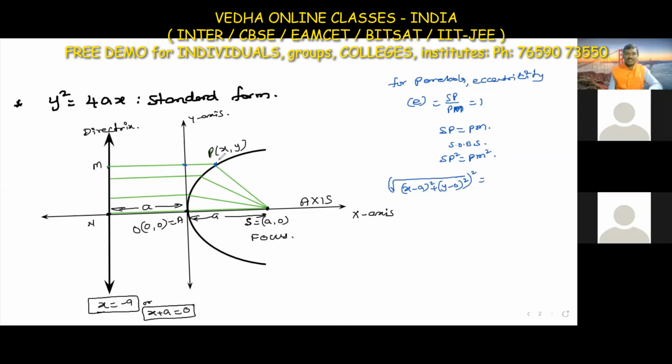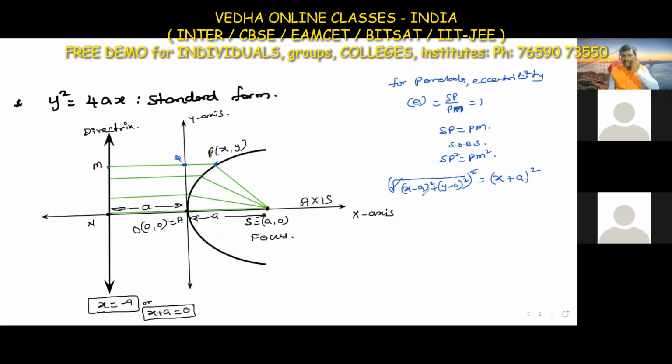And for the distance PM, up to the y axis this represents the x coordinate, that is x, and from this point to the point M the distance is a units. Already we discussed this distance a. Even taking the point Q, MQ is also equal to a. So we can write the distance as x plus a, whole squared. Here the square and root get cancelled.